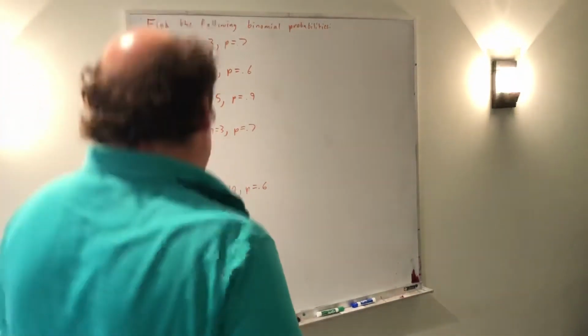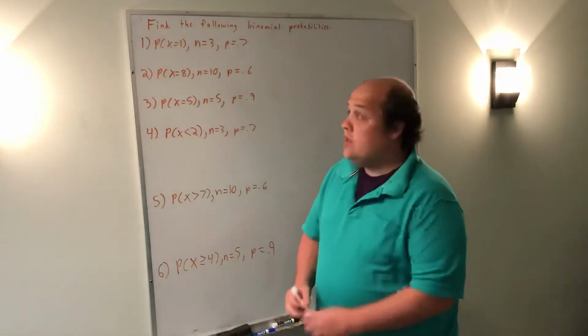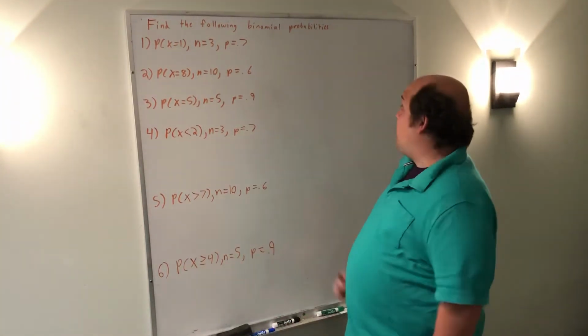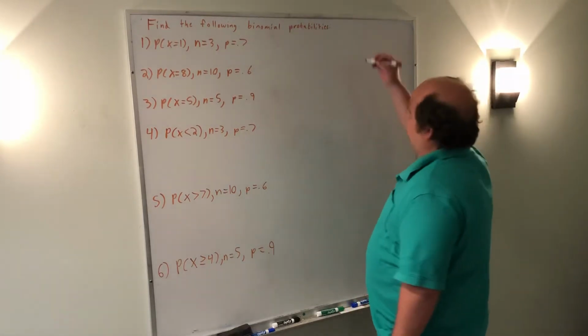The last section before the test is on the binomial distribution. It's the hardest section on the test. So the general formula that we're working with is